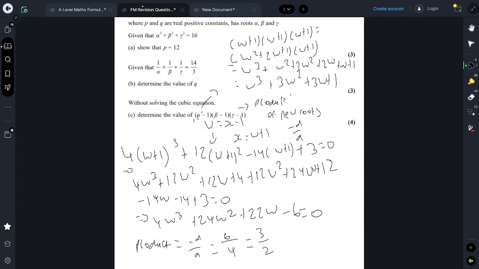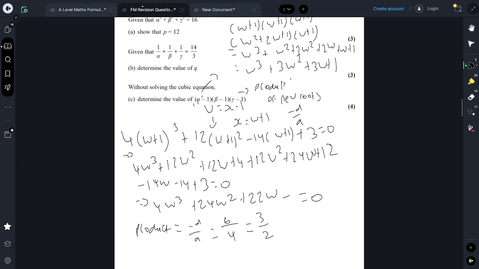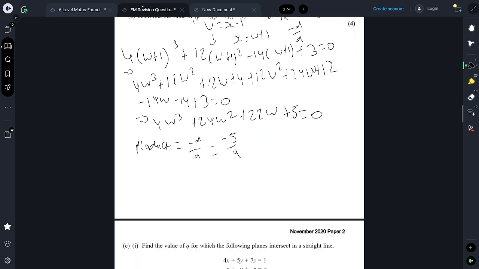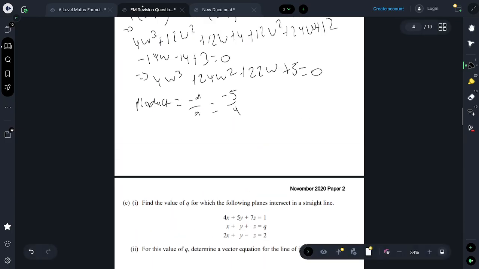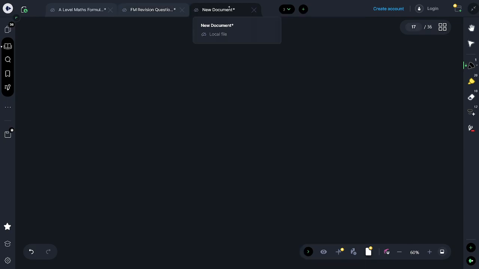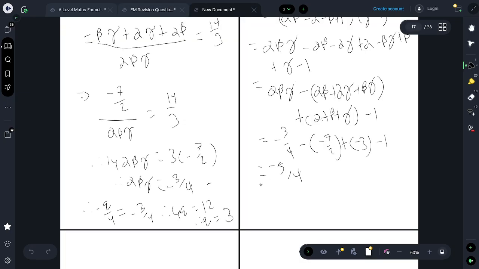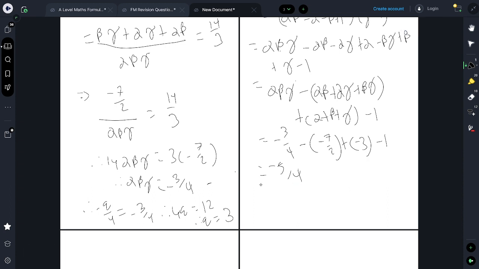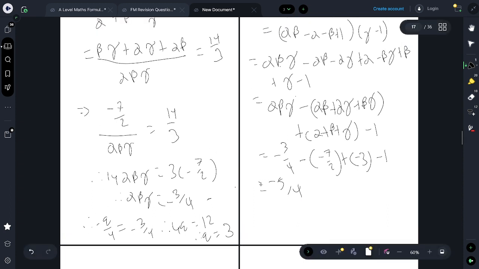Okay. There we are. So the new quadratic would be, the constant would be now 4 add 12, which would be 16, minus 14 would be 2, plus 3 is 5. So that'd be plus 5. So the minus d over a would be minus 5 over 4, which is what we got before, didn't we? If you look here, that was part C. That was here, right? We worked this out alternatively using expanding it directly and using our knowledge of the roots